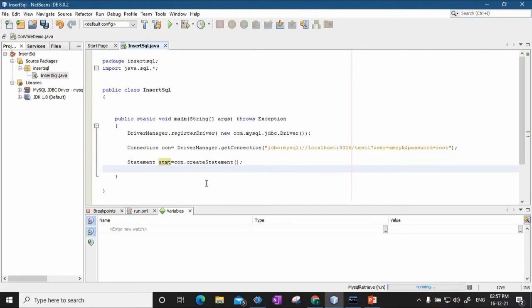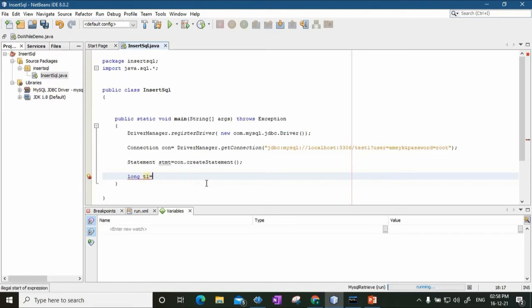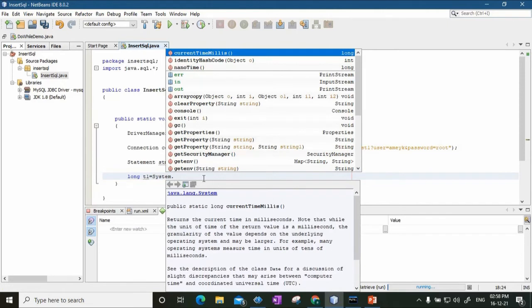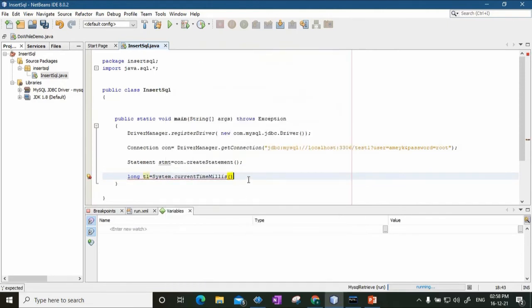I also want to check the time required to do this. So I'll say long t1, which will store the current time, System.currentTimeMillis, the current clock time in milliseconds.